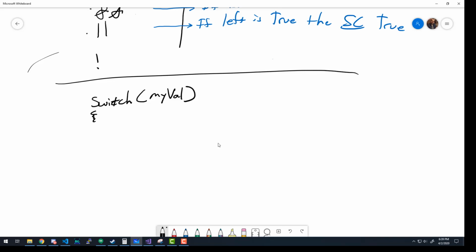Switch my val. Then we have our case statements where we say case the number 5, for example. This will go into this case only if my val is equal to 5. Exactly. Then we can do something like cout